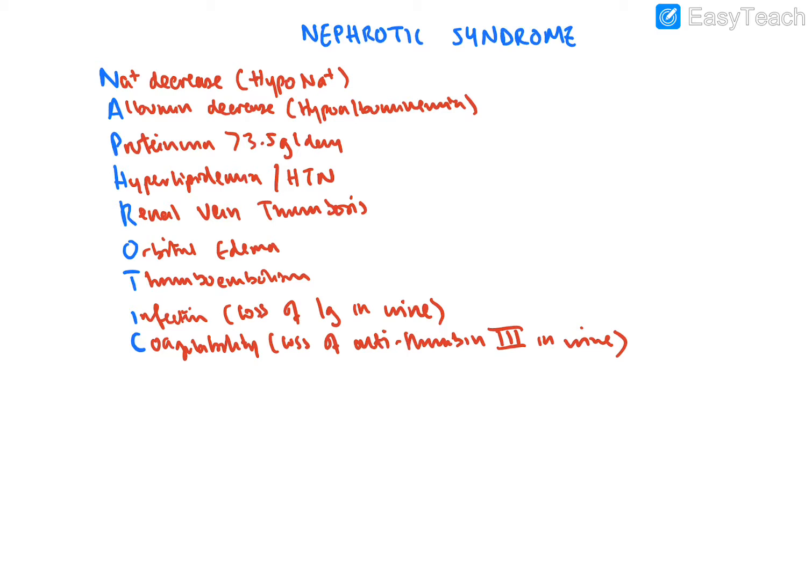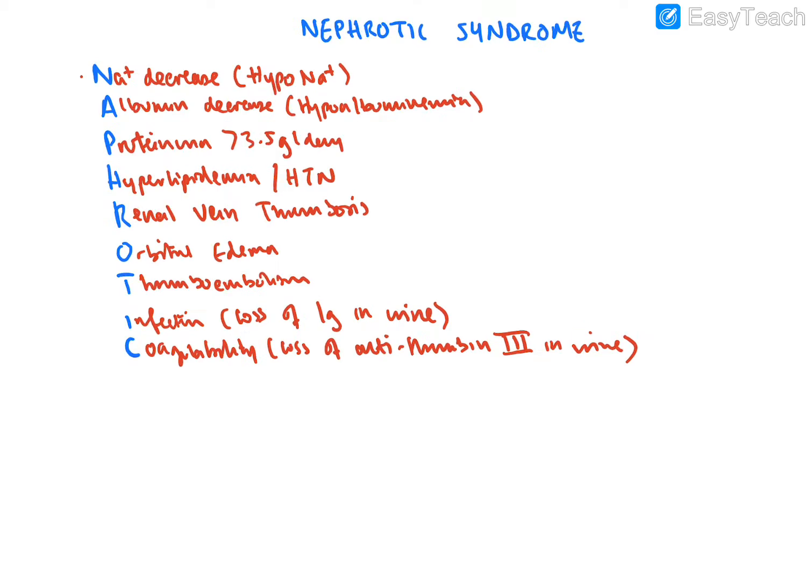So what is nephrotic syndrome? What is it characterized by? It's characterized by hyponatremia, hypoalbuminemia, proteinuria of more than 3.5 grams per day, or 3.5 grams in 24 hours, hyperlipidemia and hypertension, renal vein thrombosis, orbital edema, thromboembolism, infection due to loss of immunoglobulin in the urine, and coagulability due to loss of antithrombin 3